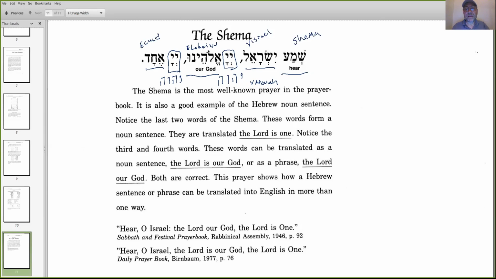And so, Shema, we have listen, hear, or obey. Yisrael, it's speaking to us, the Commonwealth of Israel. Yahovah, the very name of our Creator. Eloheinu, our God. Yahovah Echad, meaning one, is one, or a compound unity. Okay, so then the tune is very familiar to most of you who are in the Torah affirming communities, and it goes like this: